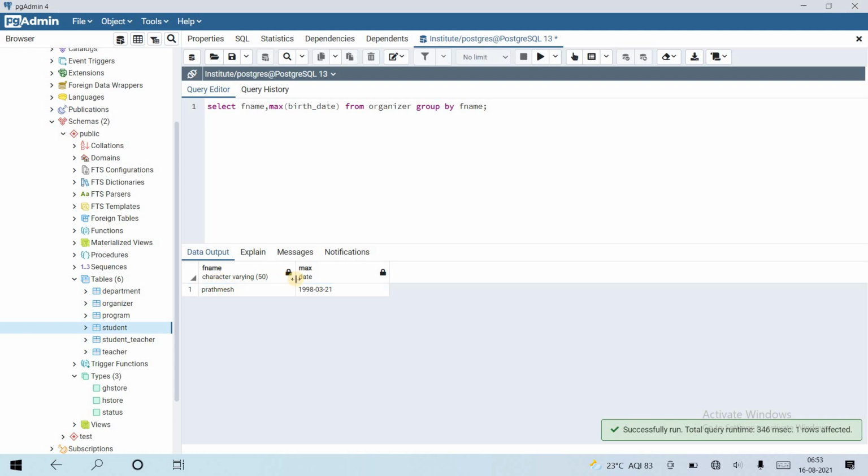Group by first name, Prathamesh, and the maximum date is only one date coming because we are using maximum here.